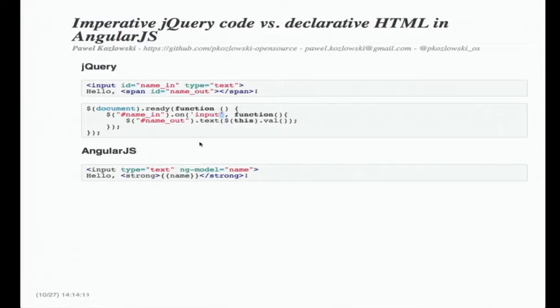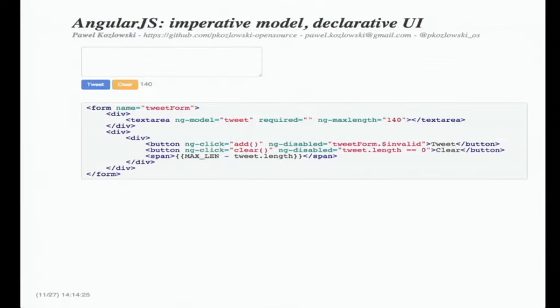On the other hand, when we look at the same example written with AngularJS, this imperative picking on the DOM and updating the value, this part disappears. So let's have a look at a more complex example, and we will try to code it together in a second. Just to see the power of this two-way data binding.